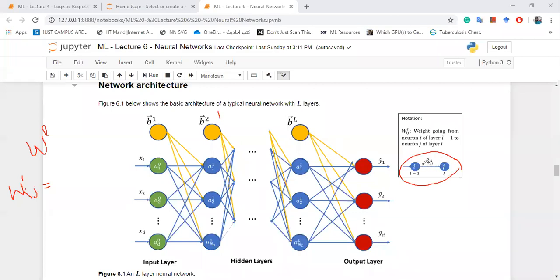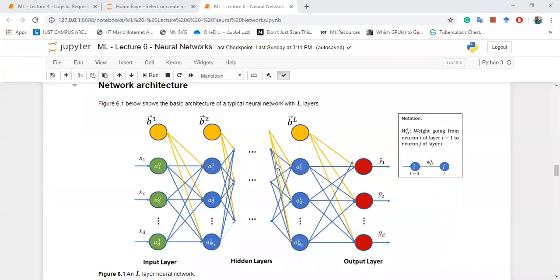If we have to show this weight, it will be denoted by capital W with superscript L, meaning the neuron is in layer L. The weight, or the input, is coming from neuron I of layer L minus 1 to neuron J of layer L. So J belongs to layer L and I belongs to layer L minus 1. Please keep this in mind, because this is very handy. We are going to use this throughout this treatment of neural networks. I hope you are comfortable now with the different notations.